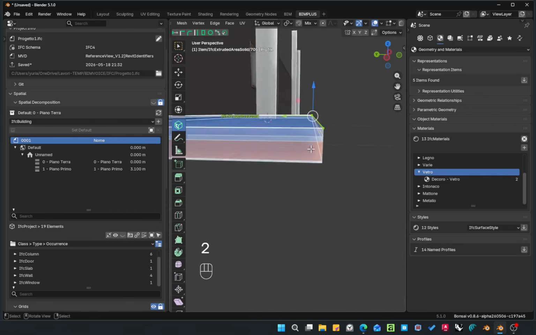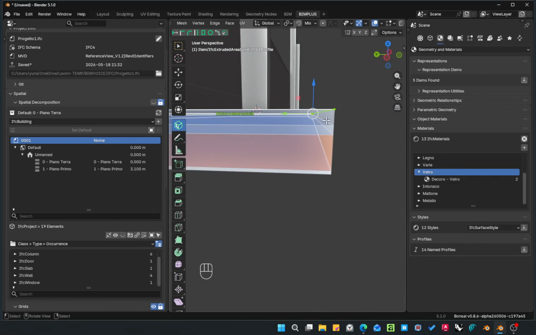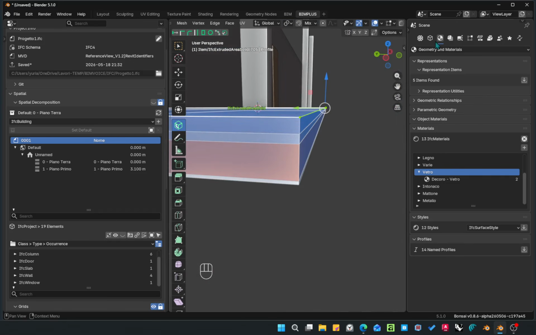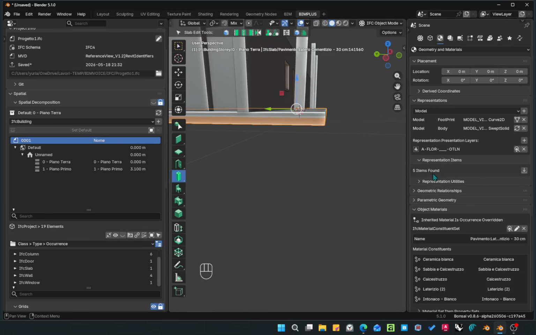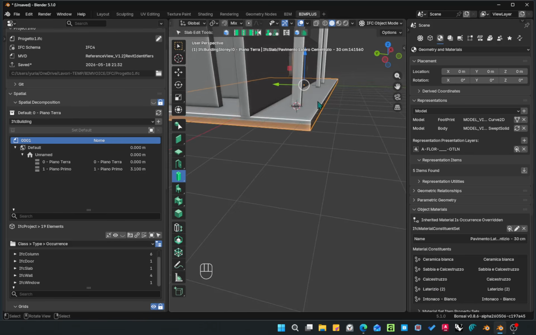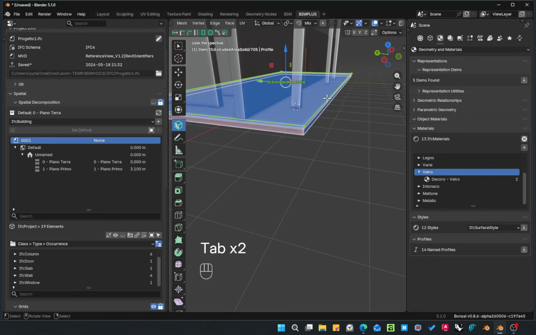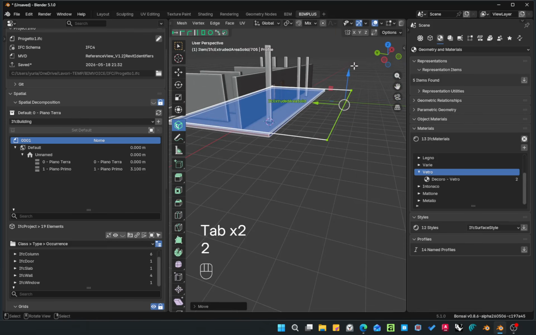And in this case, we have the 1, 2, 3, 4, maybe 4 or 5 layers. Let me have a check. I want to be sure. In this case, 1, 2, 3, 4, 5. 5 layers. Okay. Let me select this one, and